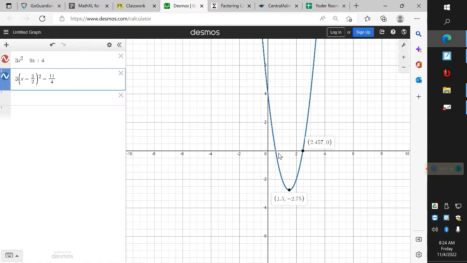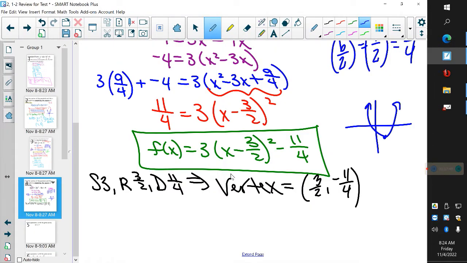And I come over here and I check these, and you can clearly tell that they are crossing. So I come back over here and I have to solve, and I'm solving it from right here, folks. Yes? So how do I go about that? How do I get rid of this 3? When you divide by 3, what are you multiplying by? You're multiplying by 1/3. So I'm going to multiply by 1/3. This 3 and that 3 go away, and I'm left with 11/12 is equal to (x - 3/2) quantity